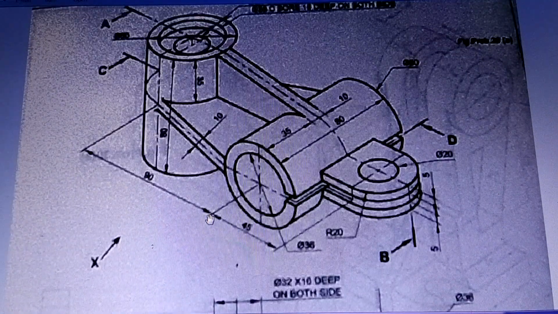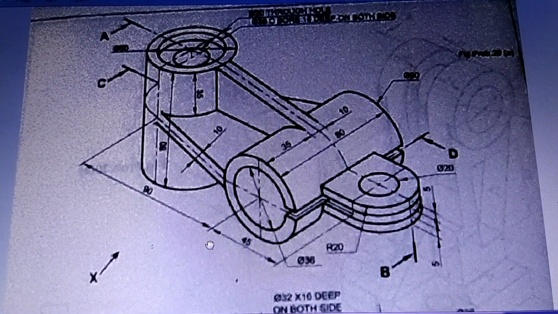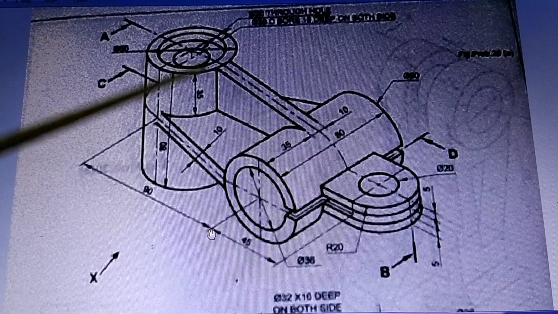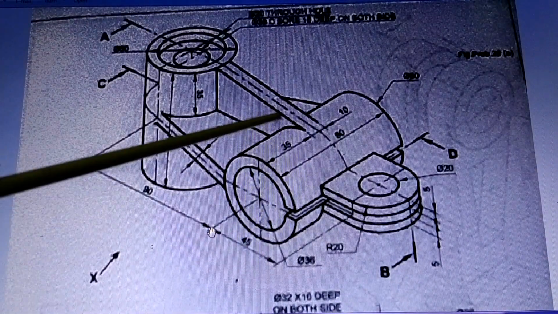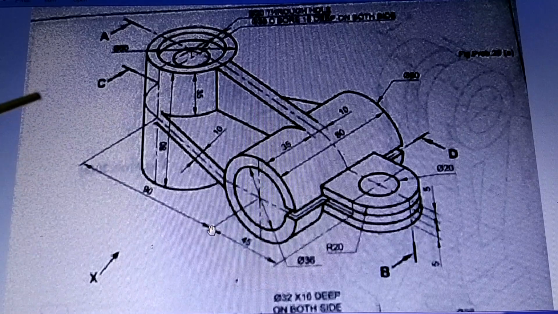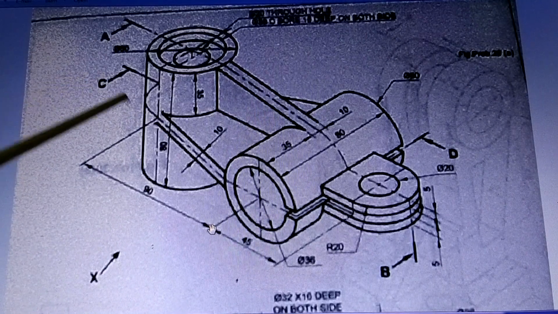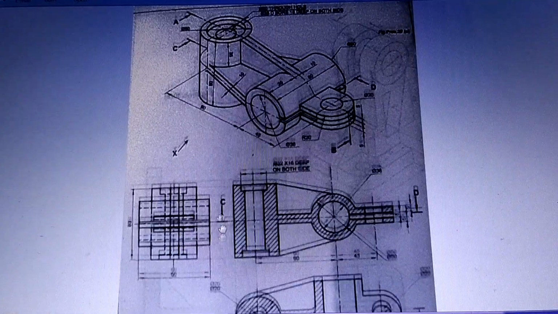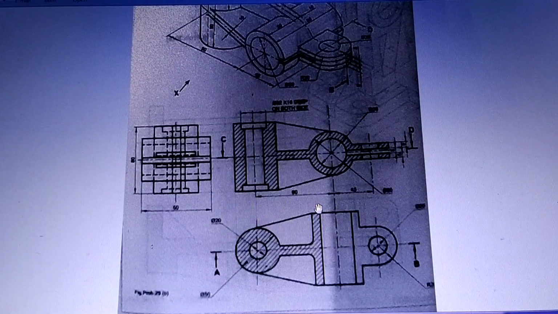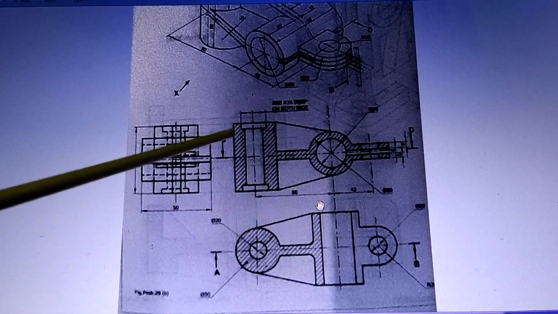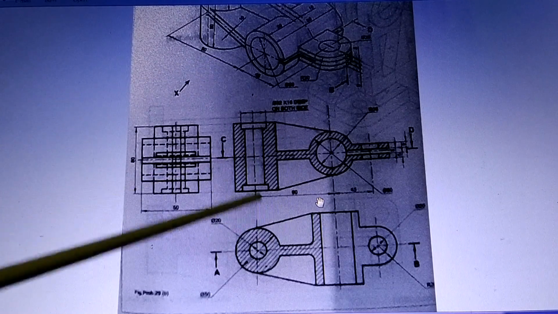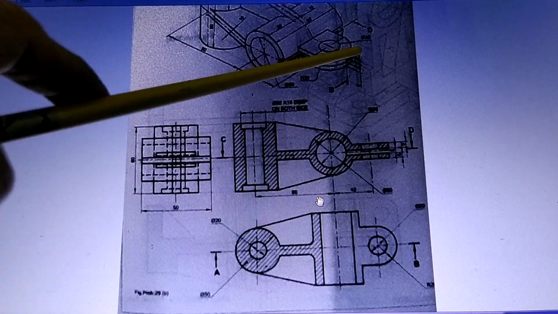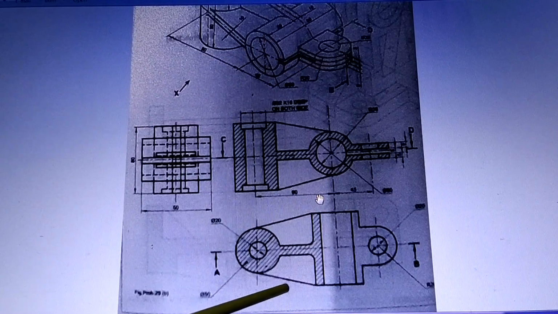One more object is shown here, and this object you are going to cut in the vertical plane like this. AB is the vertical plane and the other is CD, which is the horizontal plane like this. So you can see the way object is drawn. Sectional front view is drawn and sectional top view is drawn. When you cut from here, sectional top view is drawn like this.